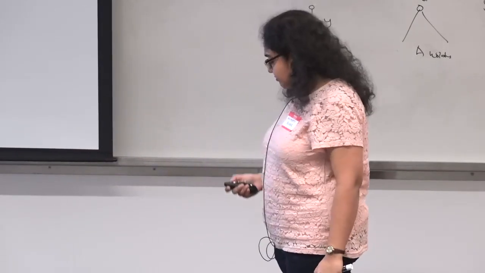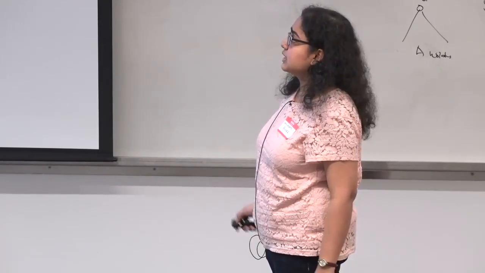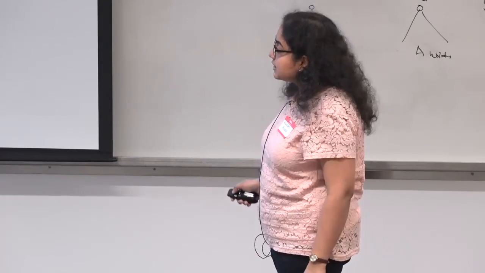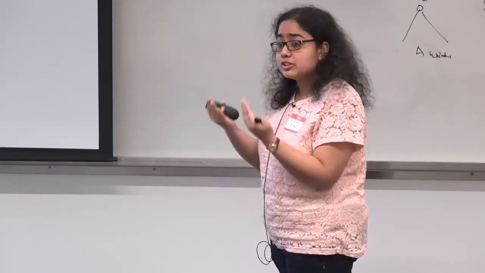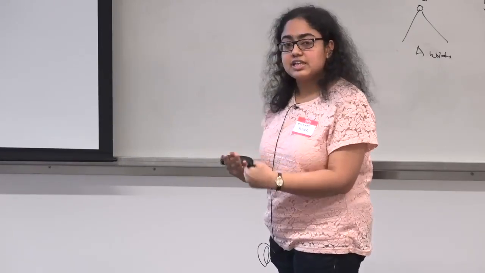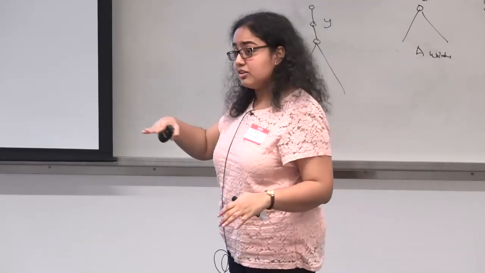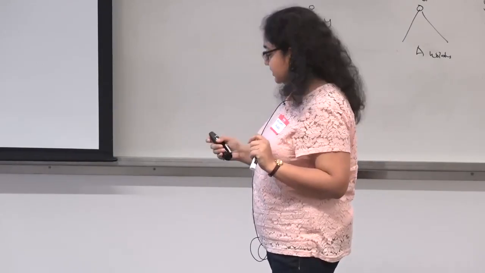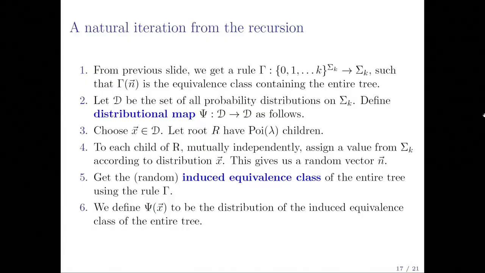So this is the vector that will completely determine for us what the equivalence class is for this entire tree. And this truncation by k, which is almost acting like a cutoff, is what's making the number of equivalence classes finite. If you had to look at all individual values, it would not be finite.